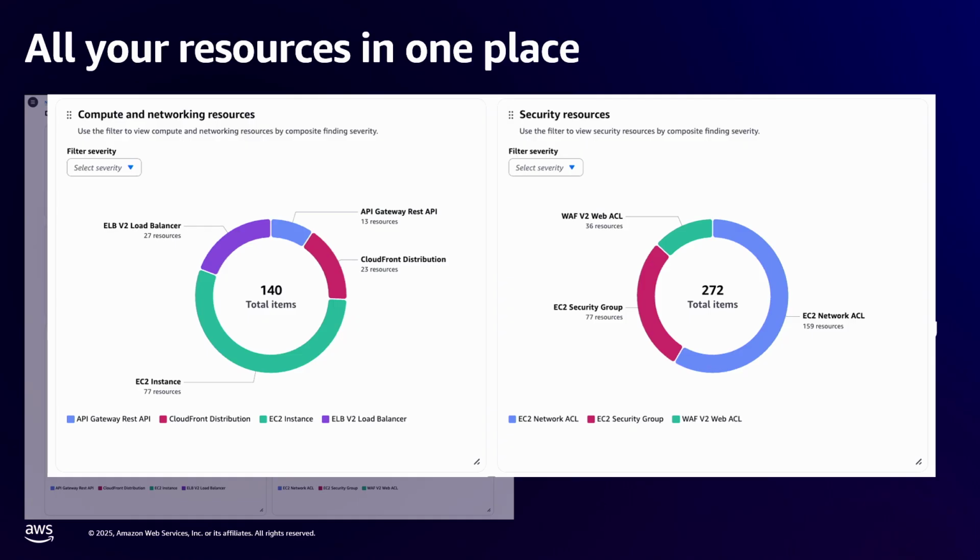You also get a picture of what types of resources were identified in the first place. We break it down by compute and networking resources, as well as security resources, which are the firewalls in question, which are WAF, security groups, and NACLs, as well as a drill down of what was identified by severity level. Severities are driven by findings on the individual resources, and those findings equate to configuration gaps that we've identified. The resource severity that you saw on the prior screenshot is driven by the most severe finding on that resource, and a resource could have a multitude of findings.